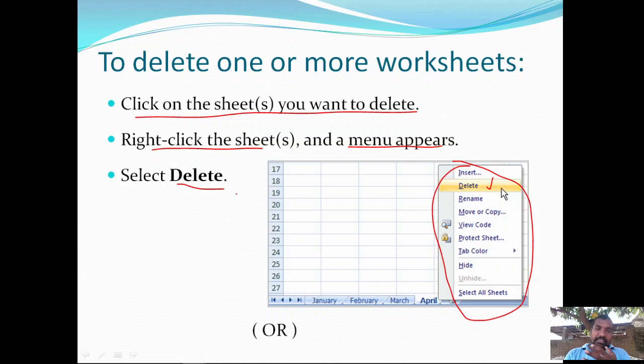You can apply the same command more than once if you want to delete more worksheets.